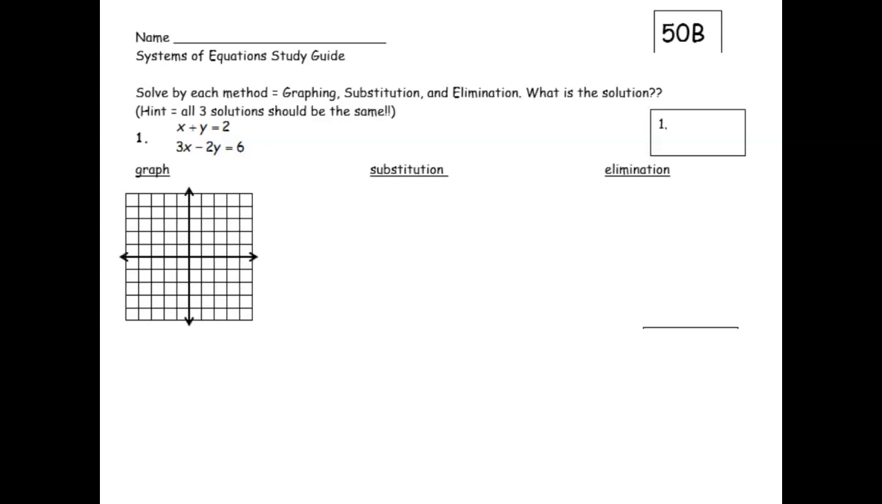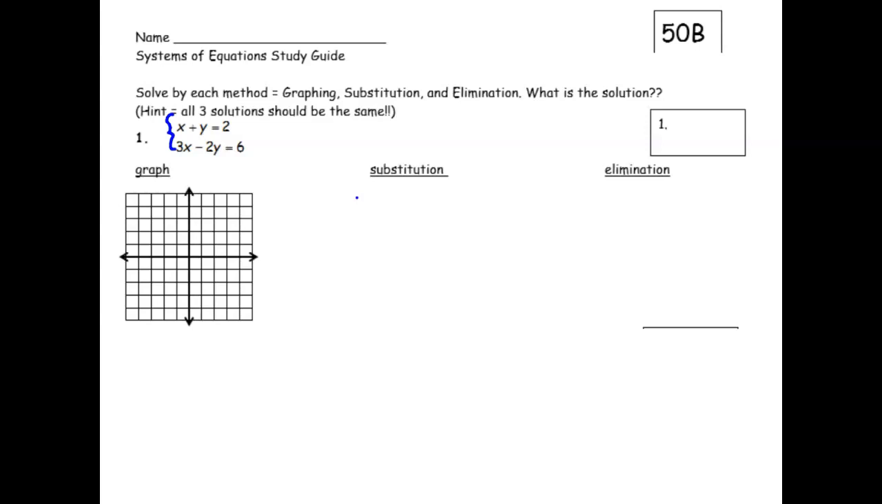Hey guys, here we're going to just go through the study guide to prepare for the assessment next class. So we start out in 50B, and if you notice, we've got a system of equations. We've got our two equations right here. We're going to prove that when we graph them, use substitution, and use elimination, we get the